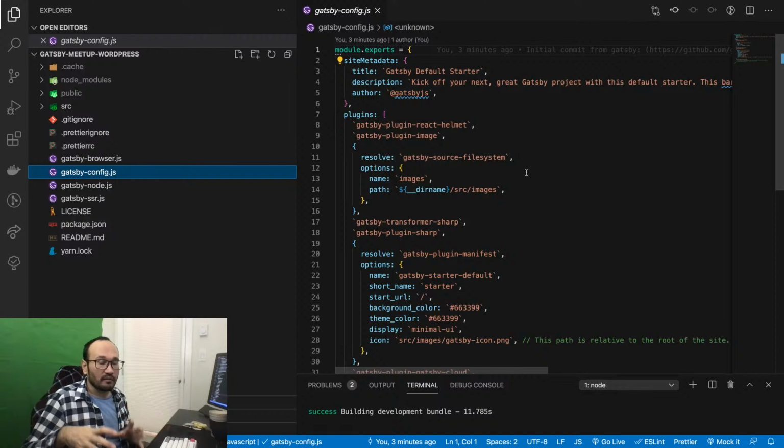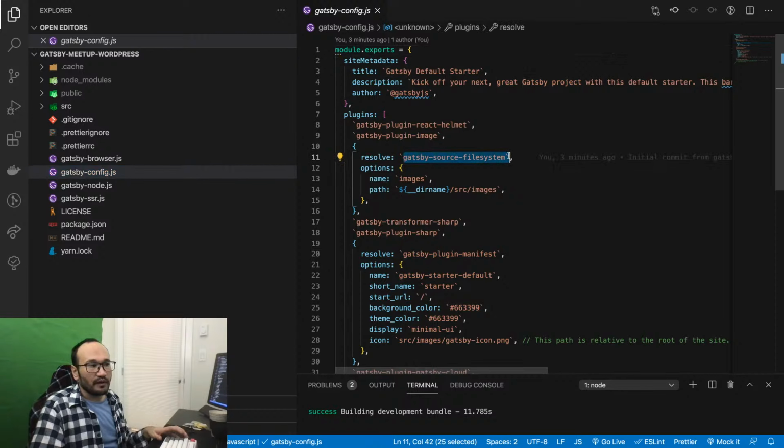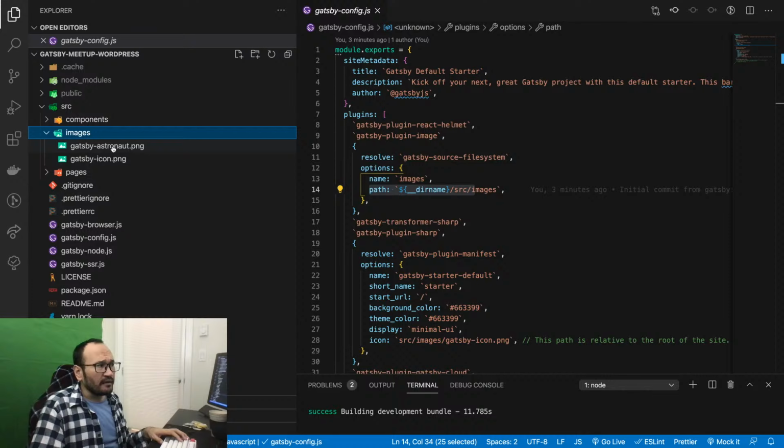Do you remember we talked about plugins? Now if you install some plugin, in order to use it, you have to add it to gatsby-config and say, hey, this is the plugin, and this plugin does this. For example, right now we have a source filesystem plugin, and what this one does is take all the images, named images, from the path src/images, and make them available in GraphQL for us, so we can query those image paths from GraphQL with the optimized version of it. So what is optimizing it?